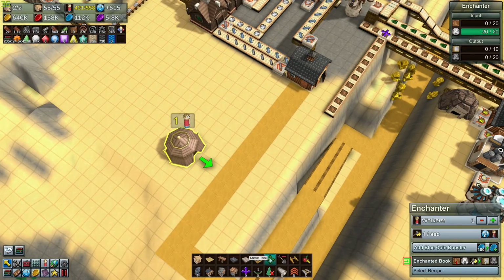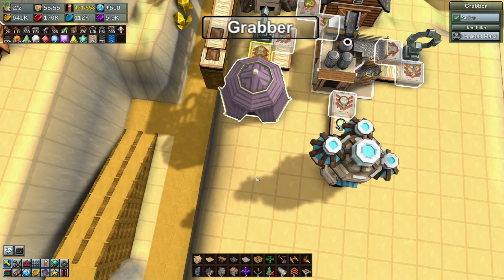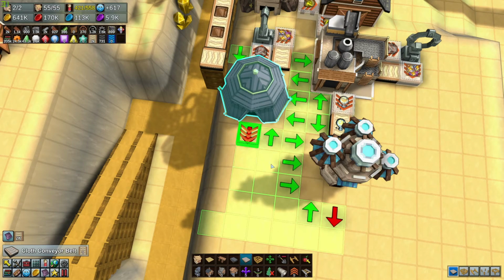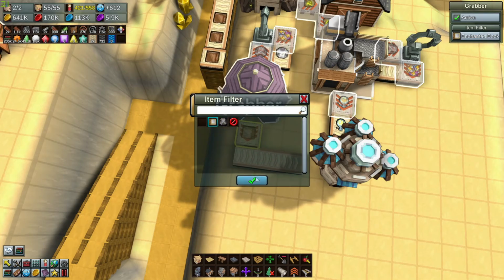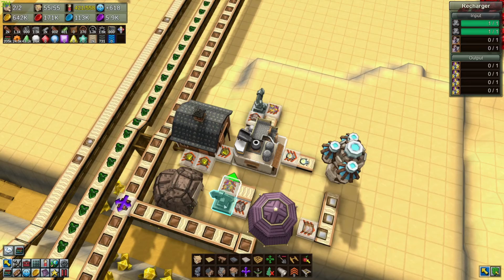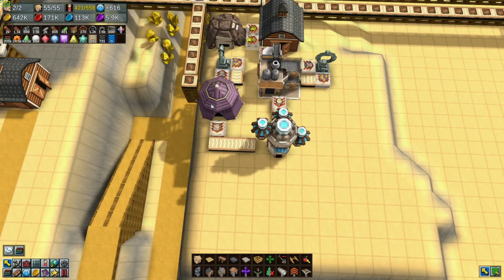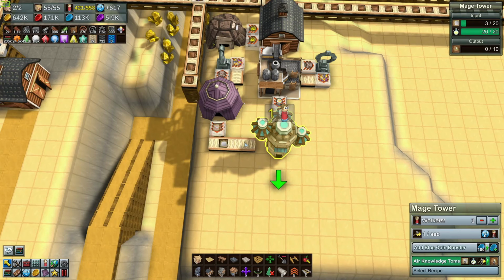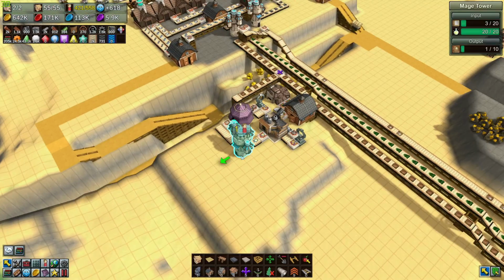That's why we have this one over here. Okay, so here we go. Very simple indeed. And enchanted books. Fantastic. The recharging thingy can recharge faster than it can be consumed, so it will not be a bottleneck. And now the enchanted books are going into the mage tower, which is in turn producing the